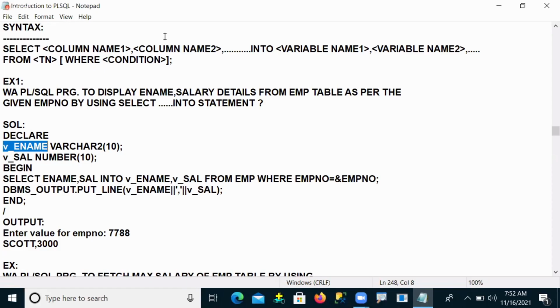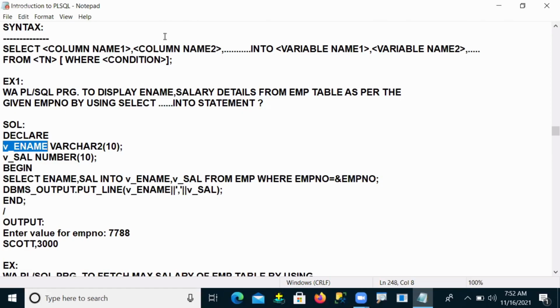That means this variable belongs to which column, or this variable is storing which column's data. This is for user identification purposes. Otherwise, we can use XYZ, ABC, you can use like that also.